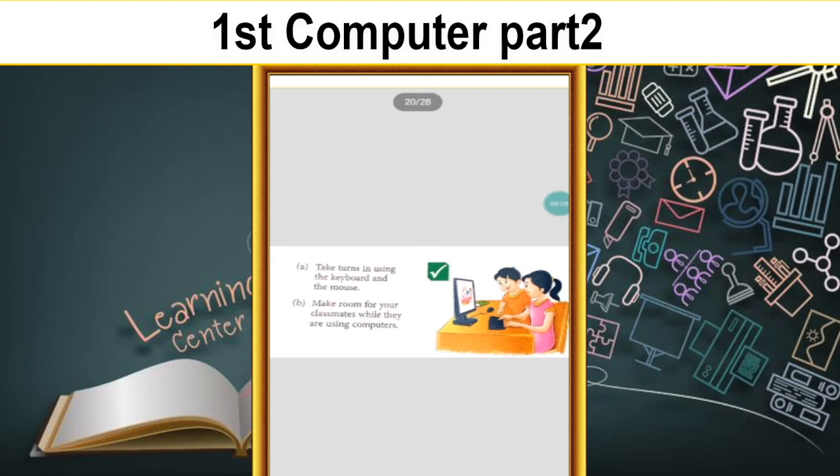Make room for your classmates while they are using computers. If many computers are not available, and your work is completed, next give it to your friend. If he completes, he will give it to the other friend. Like that, you have to share equally.